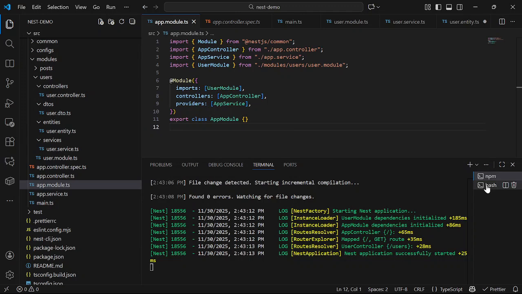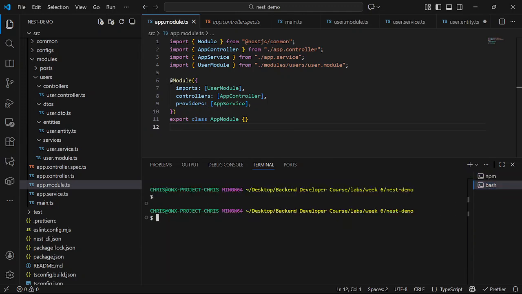Right. So let me give you an example. Let's say I want to create a controller. Let me create a service. I call it my service. Look at what Nest is going to do. The command is nest g, then what I want to create.